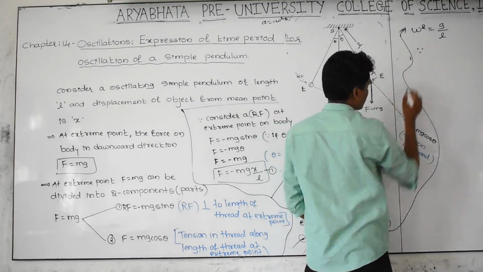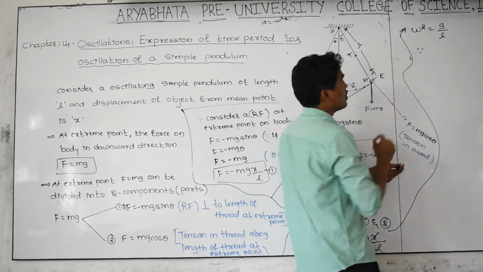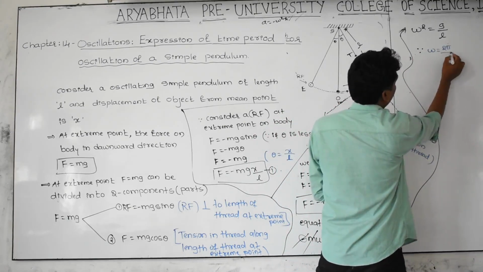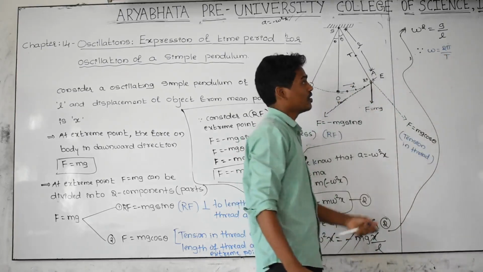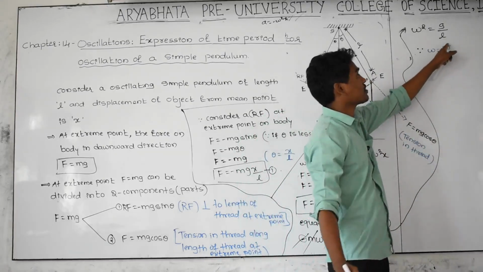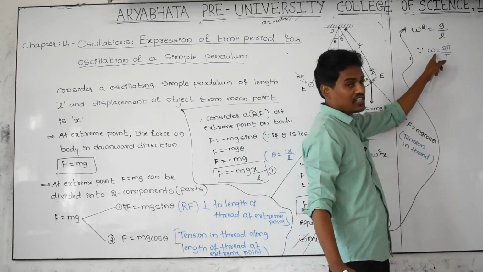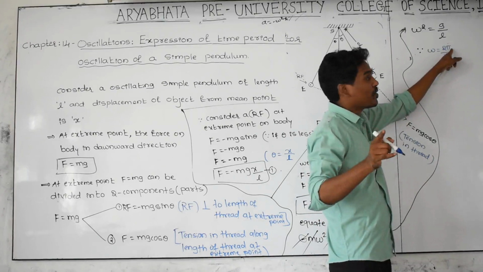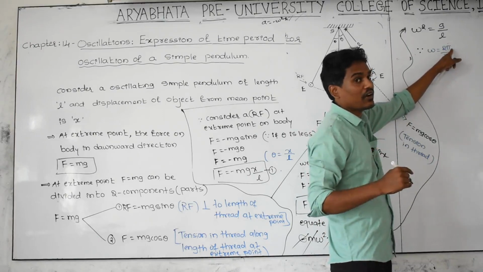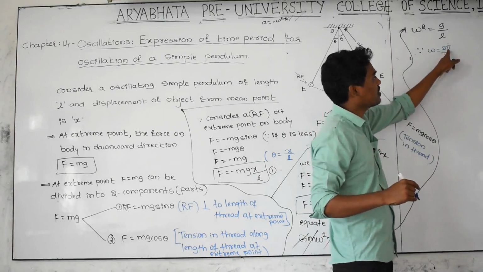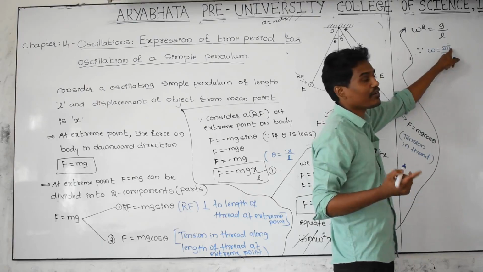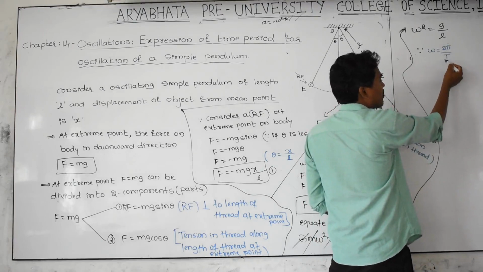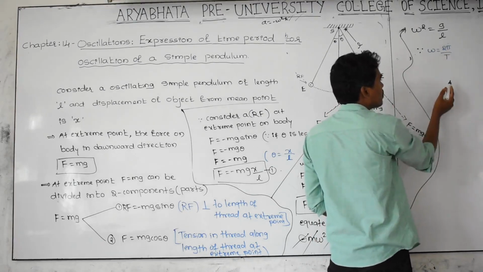Therefore we know the angular frequency formula, that is 2 pi divided by T. Number of cycles divided by time is called frequency. For one cycle, the angle covered by the body is 360 degrees, that is 2 pi in terms of radian, divided by time. For one cycle, this is the angle divided by time, this is the frequency formula.